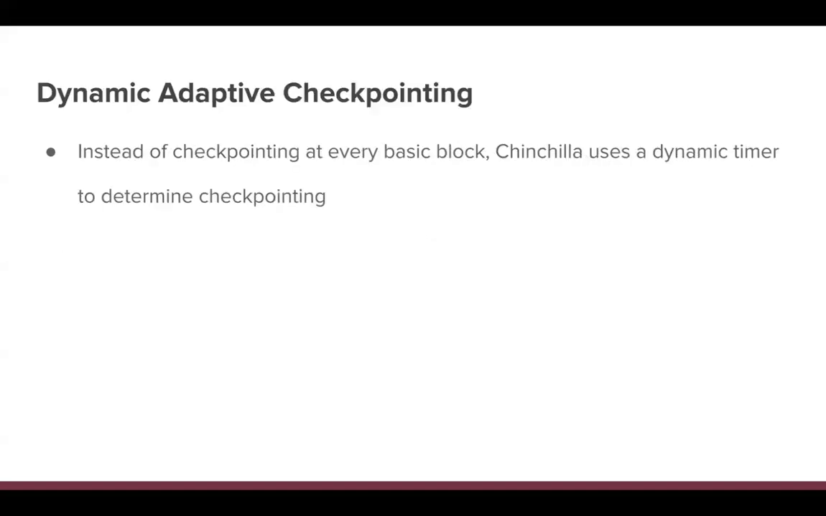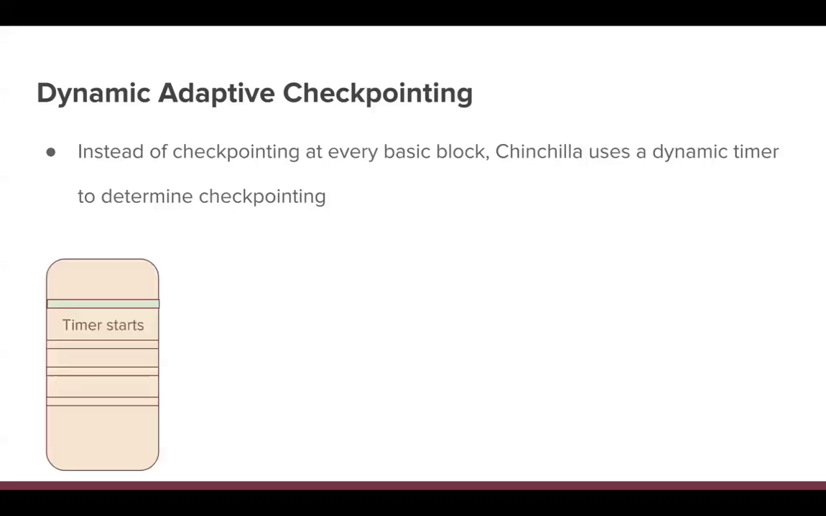Chinchilla implements what it calls a dynamic adaptive checkpointing. What this means is that instead of checkpointing at every basic block, which would be a very high overhead, Chinchilla uses a dynamic timer to determine checkpointing. So a simple example of how a timer works is that let's say that this is the program execution or